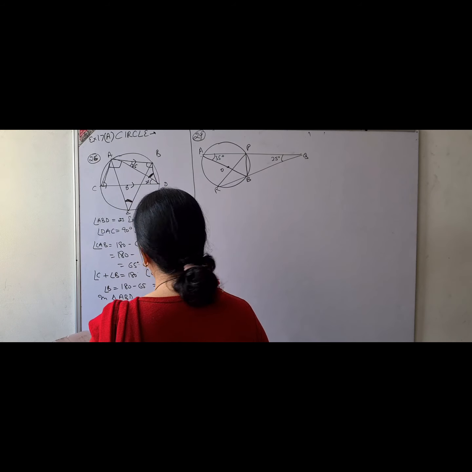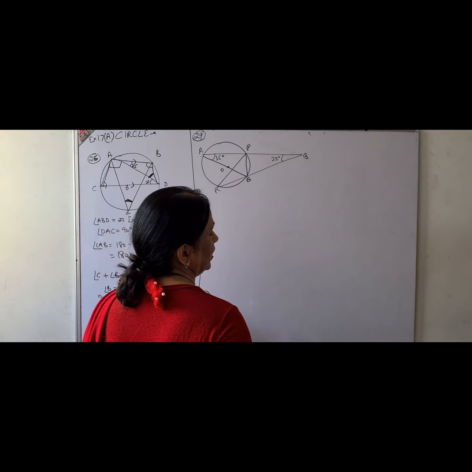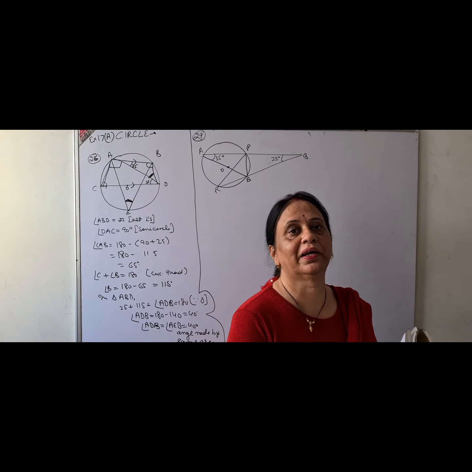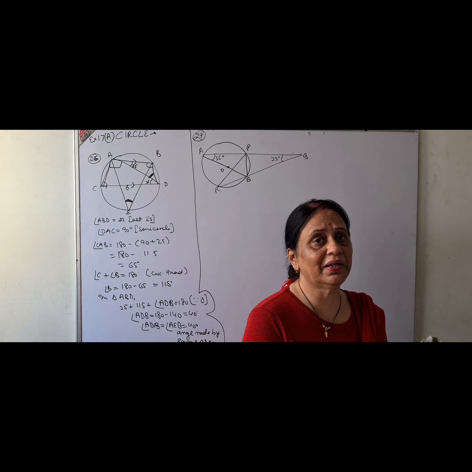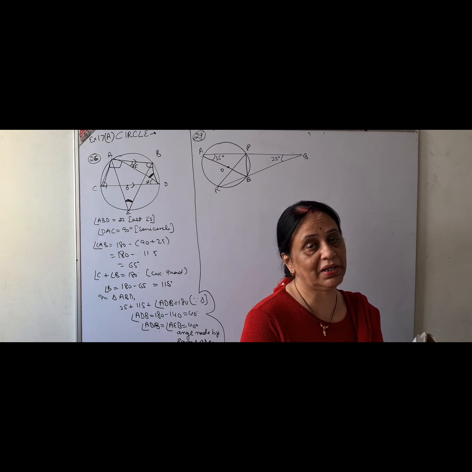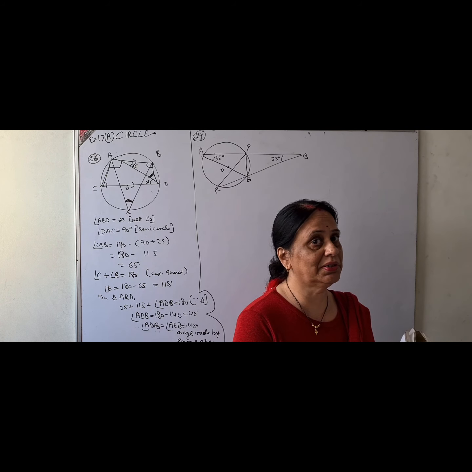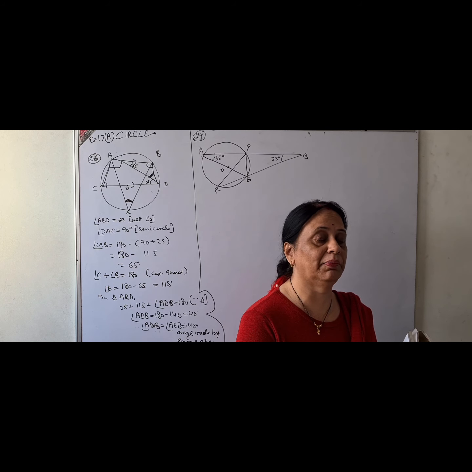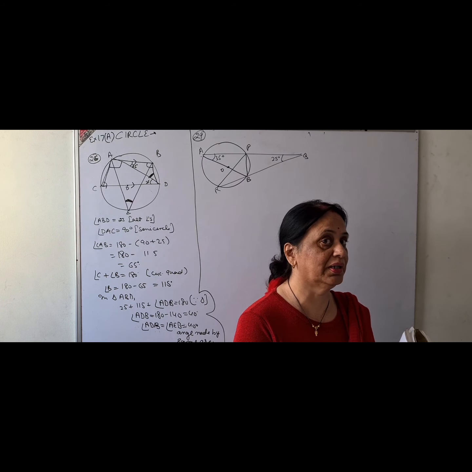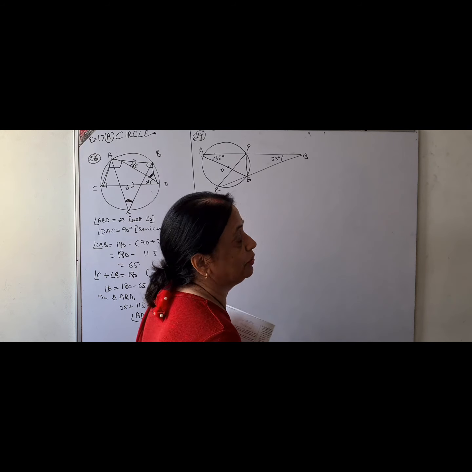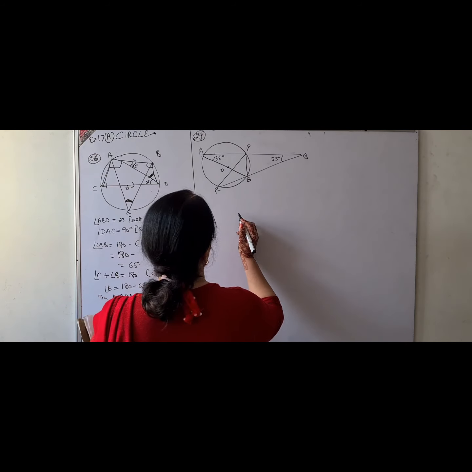See children, sometimes the angles are mentioned in the question, sometimes it is directly mentioned in the diagram. So whenever you see the question, first be very careful about the diagram as well as the question, because it's not necessary that every time the magnitude of the angles will be given in the question. It can be written on the diagram also. That is why I am telling you it is so important to make neat and clean diagrams.